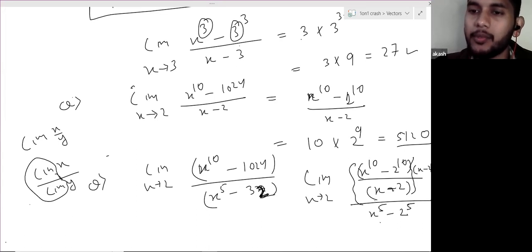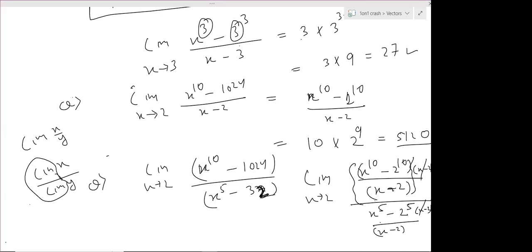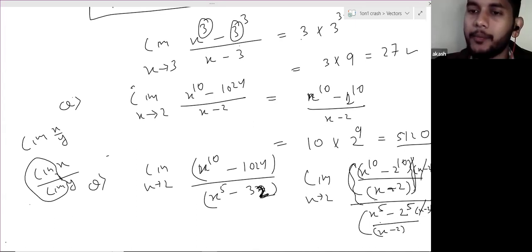So again, to use this formula, I have to get an x minus 2 here. So what I do, I divide and multiply by x minus 2. So this thing is cancelled. Got it? So I can use this formula in the numerator and in the denominator, and I'll get